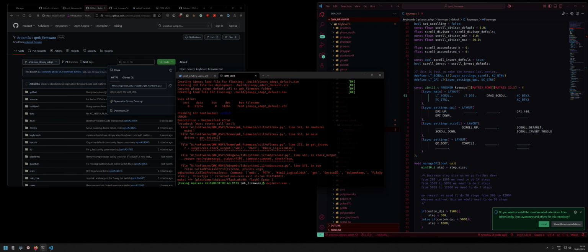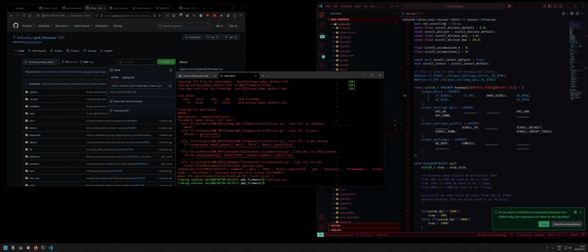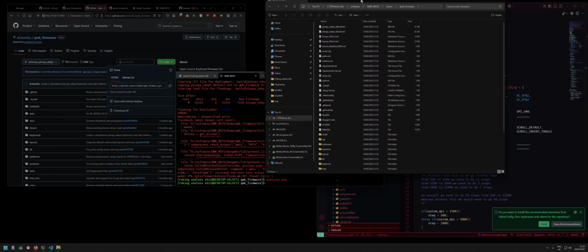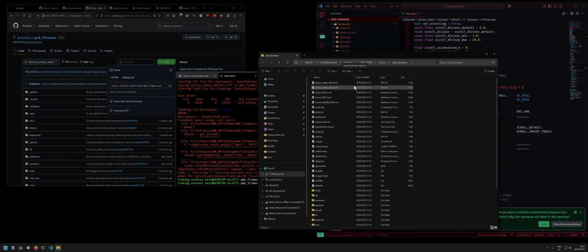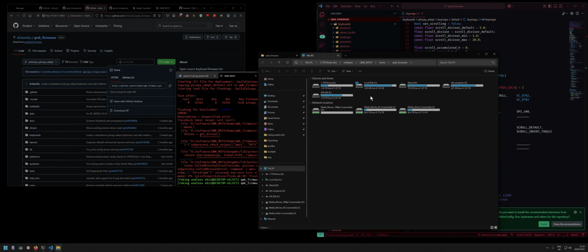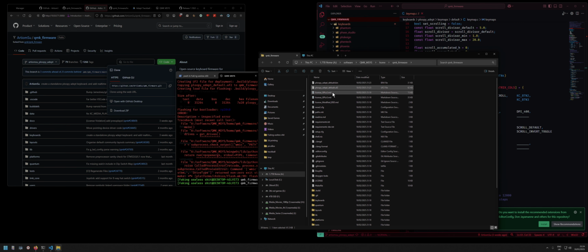explorer.exe, and then we want to open it here. And so you will have a window pop up. And then you'll see that this thing is here. And what you want to do is drag it over to your device. So in order to make your device go into a bootable mode, it kind of depends on your QMK,